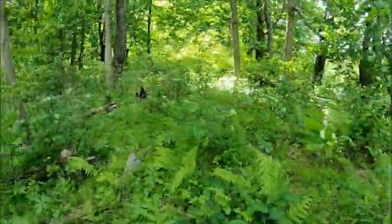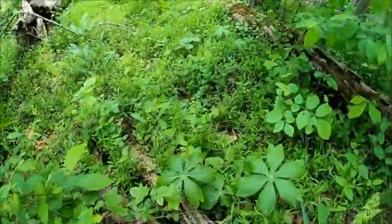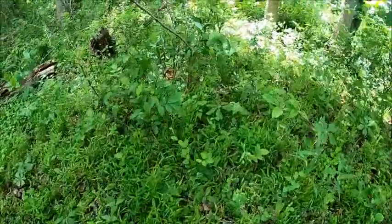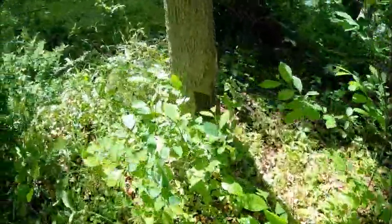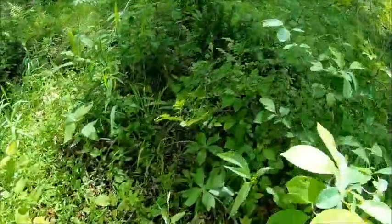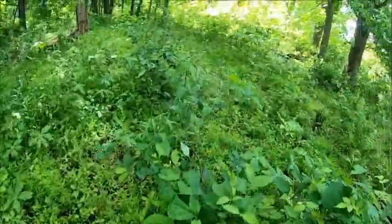All these dead and dying trees, you'd think there'd be more mushrooms. I got some May apples too. Ferns. Oh, good Lord. Yeah, there's not a dang mushroom to be found. What do we got here? I hate stepping all through all this stuff, but